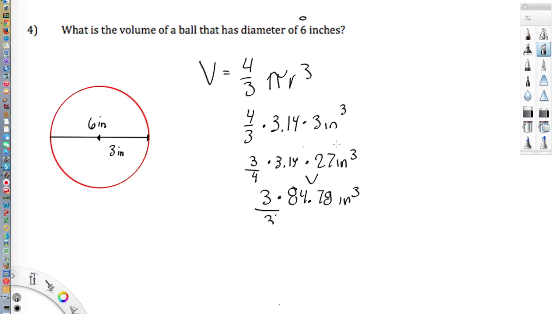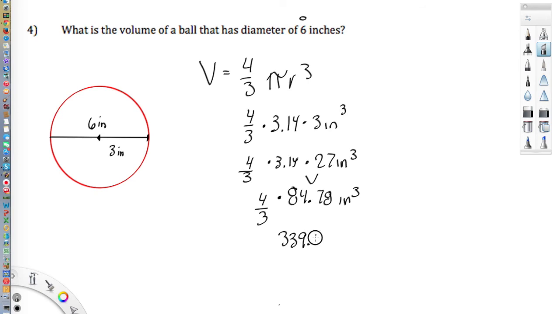I need to multiply that by, whoops. I did a little flippy here. Okay, you gotta be very careful. Even teachers can do this. Miscopy information. Okay, so that is 4/3. This is still 4/3. So how do you multiply something by 4/3? You multiply it by 4 and then you divide it by 3. So 4 times 84.78, that's going to give me